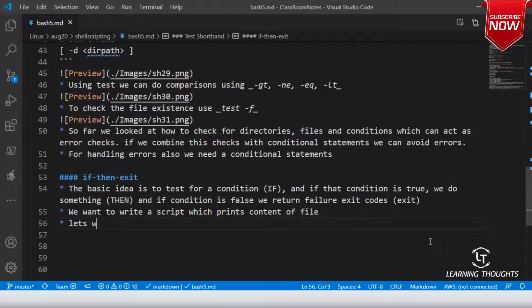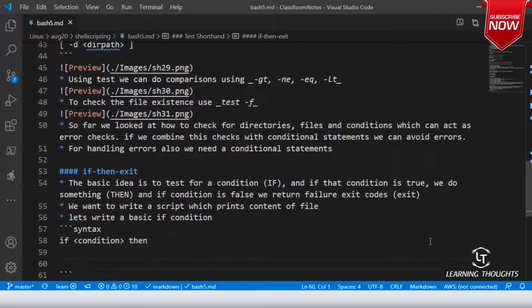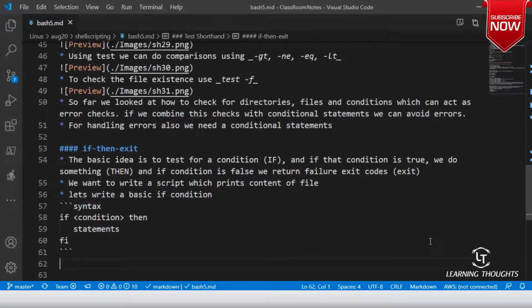So let's write a basic if condition. In shell, the if condition syntax, you can refer to in Google, is: if condition, then, statements.